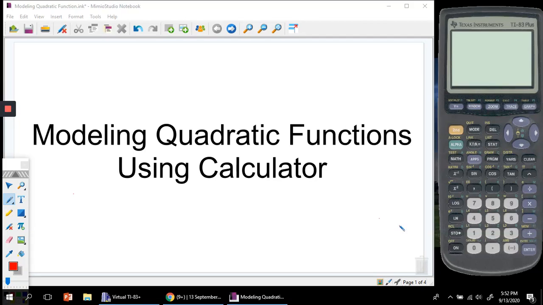Modeling quadratic functions using calculator. Today's topic is about writing the quadratic function in standard form given 3 points. In this topic, we are going to use a calculator, a scientific calculator, which is on the right side of my